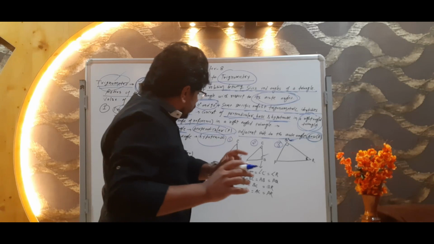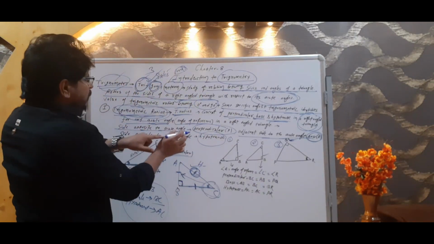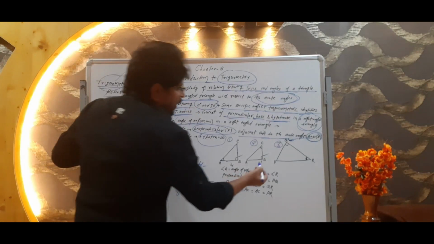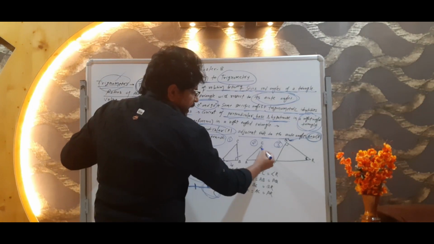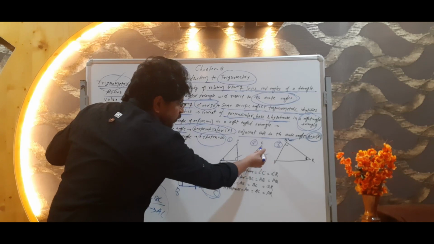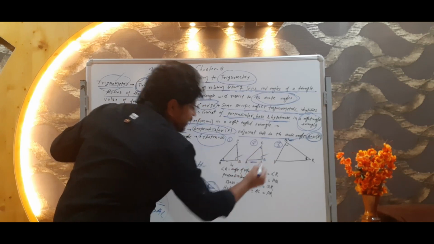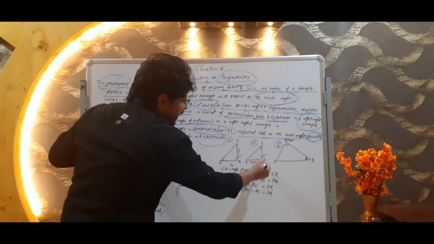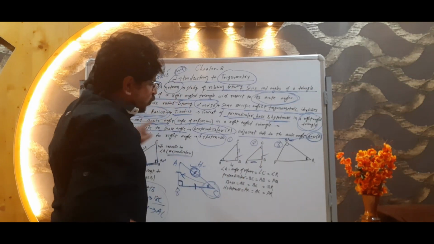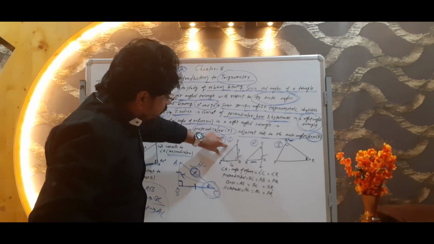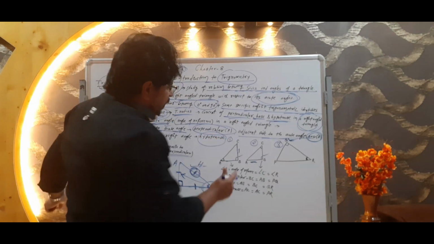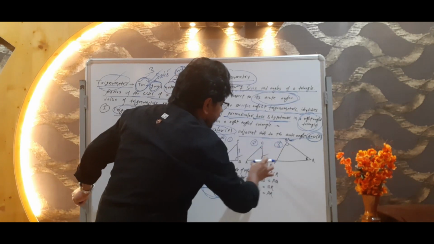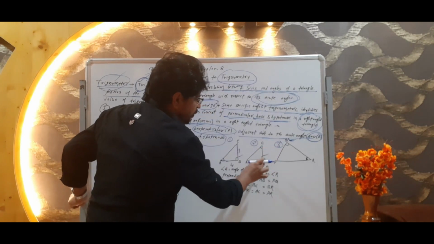What I just told you. What is perpendicular? Again I am repeating, side opposite to acute angle. What is the acute angle here? C. And what is the side opposite to acute angle? That is AB. Here it was BC, but in this figure it is AB, right? So perpendicular for the first figure would be BC, and perpendicular for figure 2 would be AB. Clear?